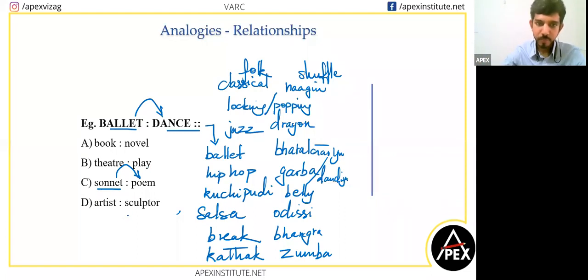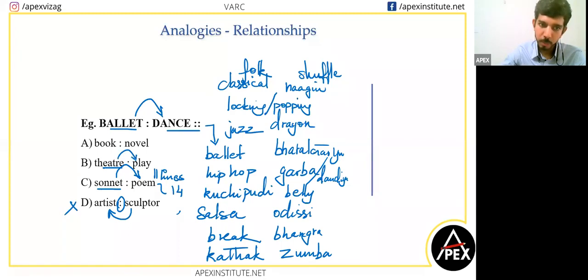Yes, good. Right. So ballet is a type of dance. Sonnet is a type of poem. Okay. Nalini says sonnet is a type of poem which has 11 lines. Is it 11 or is it 9? I'm not sure about this. So it's somewhere between 7, 9 or 11. Or okay, now Sravya is saying 14 also. We need to look this up. Could be 14. I'm not sure. Okay. And then artist is not a type of sculptor. Relationship is the same, but order is opposite. Sculptor is a type of artist. Okay, so this doesn't work.